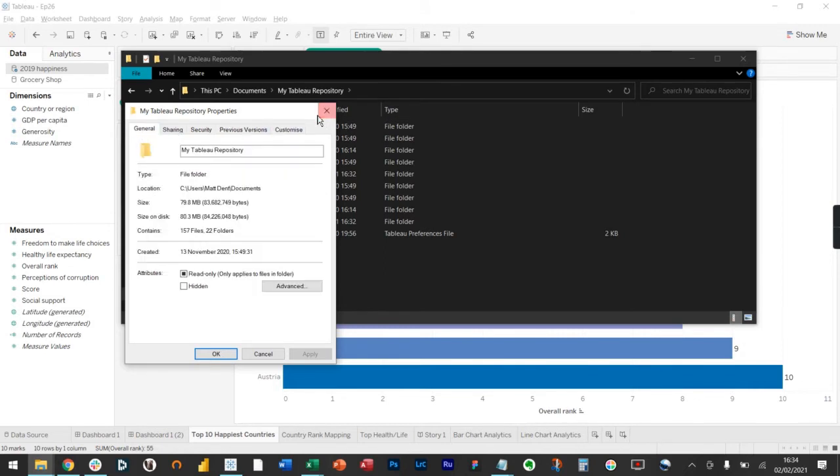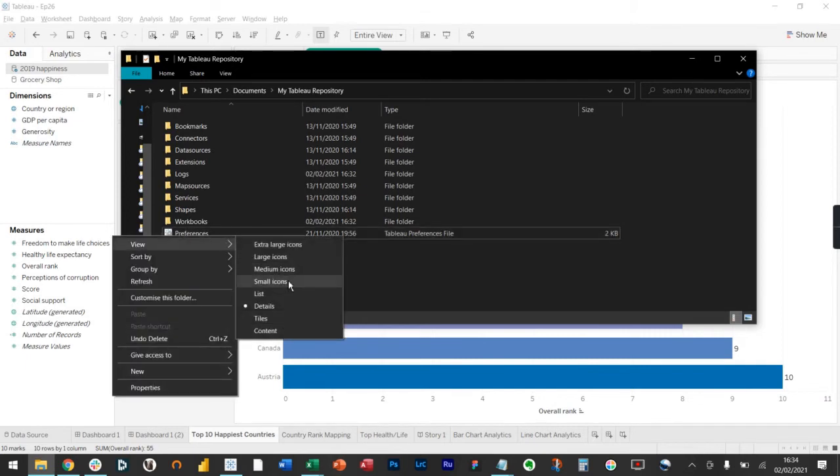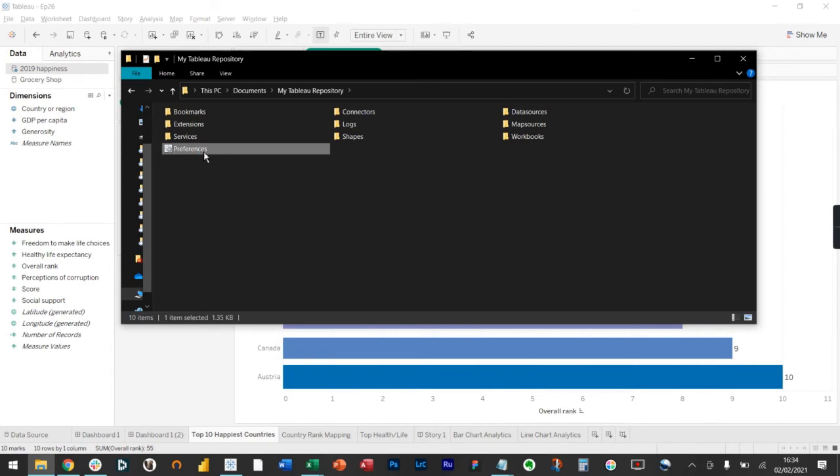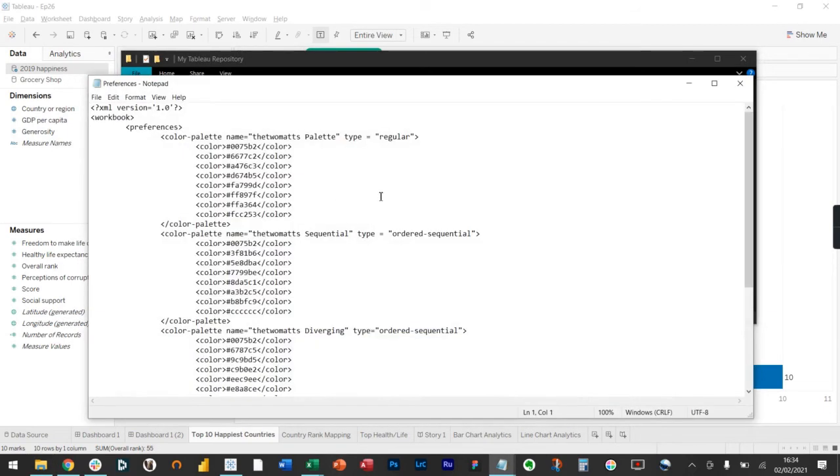Hoping it would show the file type. Anyway, my Tableau is a Tableau preference file. What you want to do is open this with your Notepad, and the Windows one is fine. Now when you do this, it'll probably look pretty empty, because I've already added, as you saw, some extra